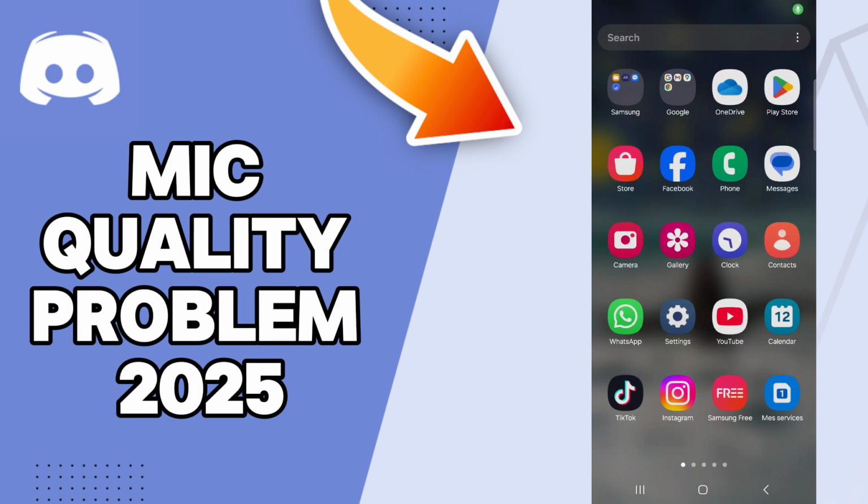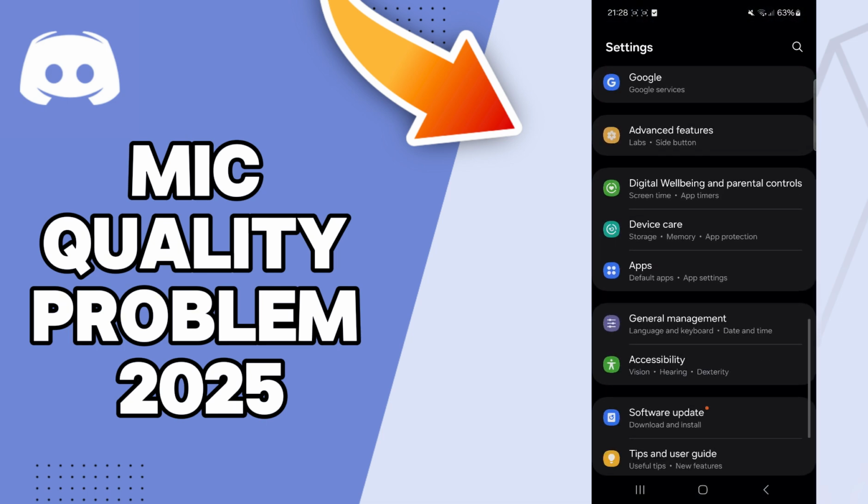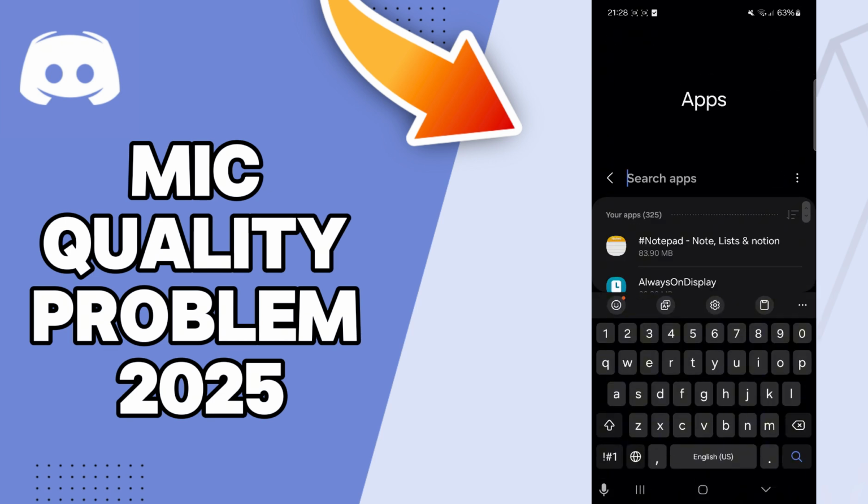Guys, in today's video I'll talk about how to fix the Discord mic quality problem. So the answer is easy. Just go to the settings and then scroll down to the apps section and then go to the search and